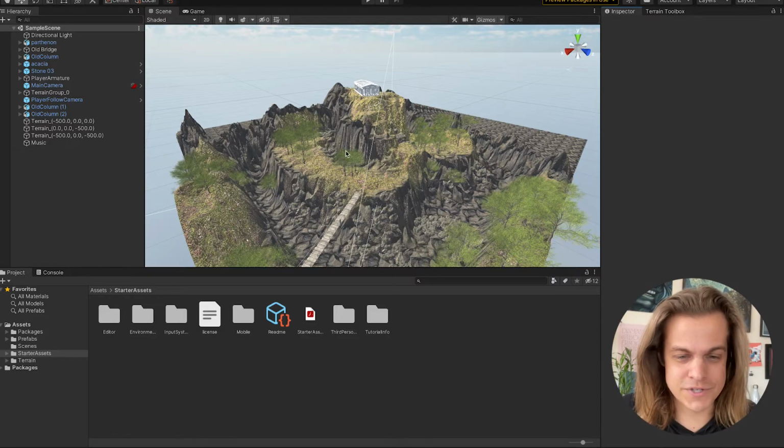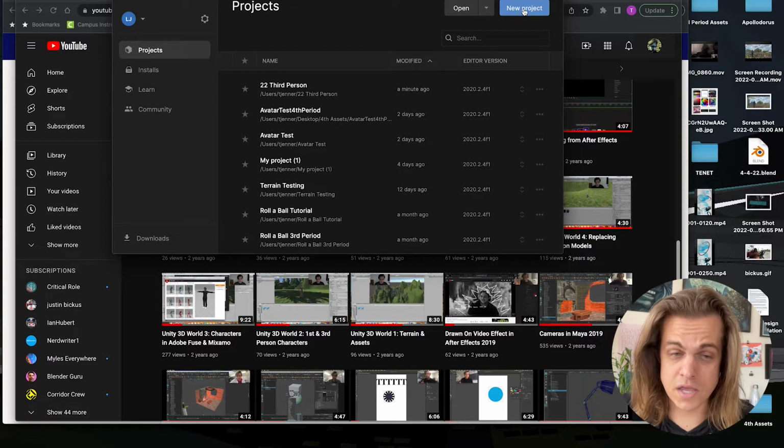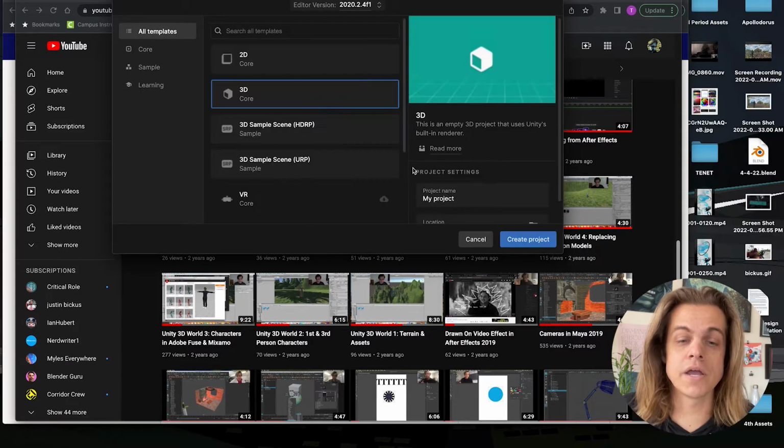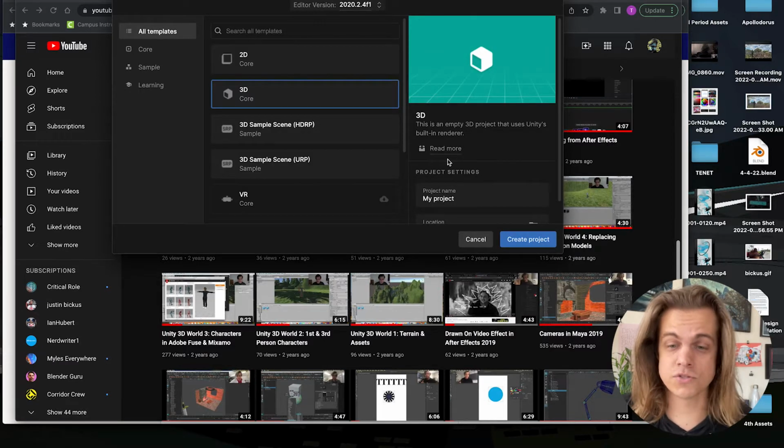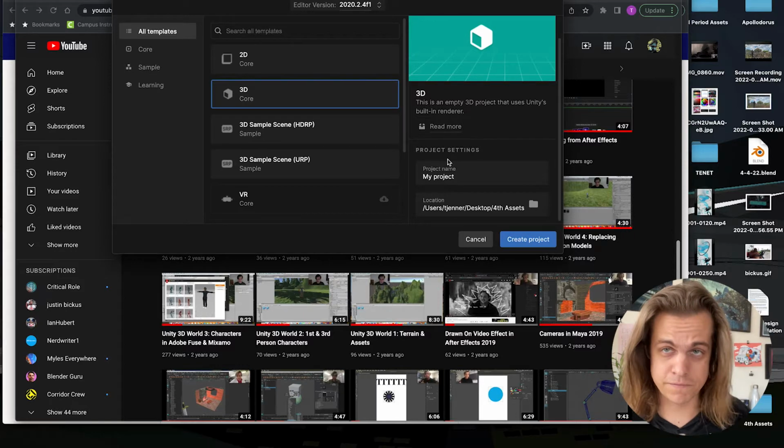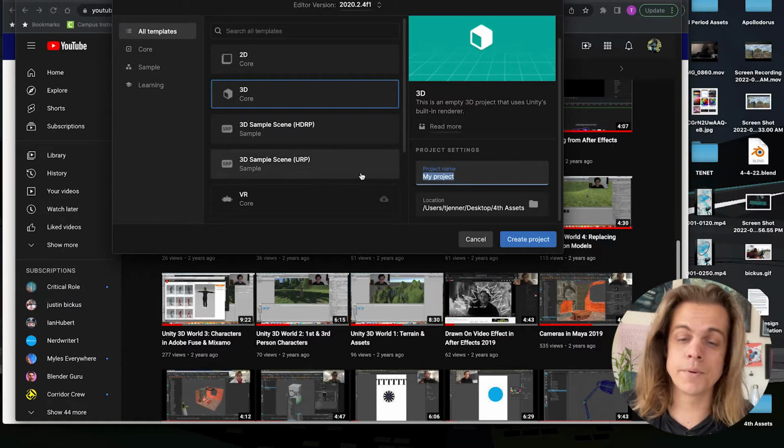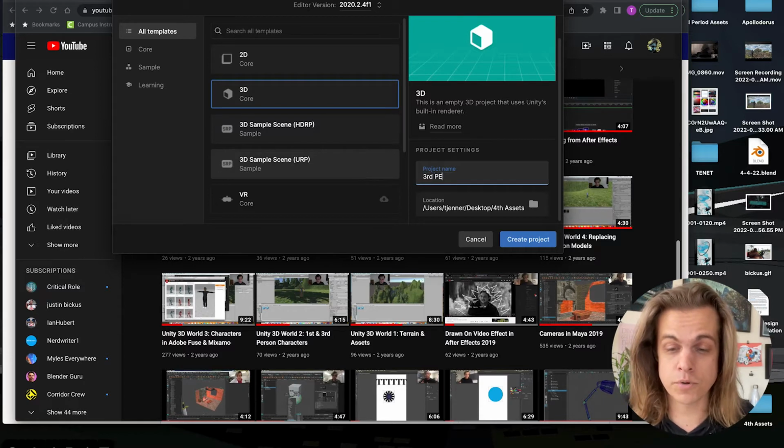So let's go ahead and close this out, and I'm gonna make a new project, and I'm gonna make sure that I know exactly where I am saving it. This is so important. So many apps, like in Photoshop, you can just save your files later or rename your files later. For now, I'm gonna name this third person